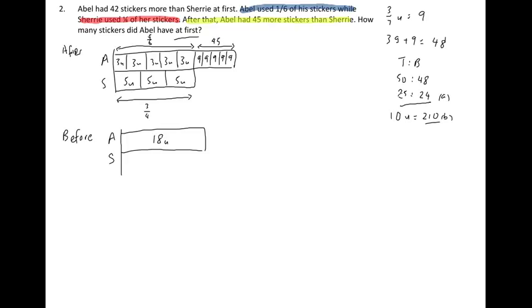We need to add a 9 times 6, right? Because right just now, this is 5 over 6. And 5 over 6 is 15 units, am I right? I need to make it 6 over 6, which is 1 whole, which makes it 18 units. Here is also 5 over 6, and it's 5 times 9, right? We need to make it 1 whole. It will be 6 multiplied by. So to make it 1 whole, I need to make it